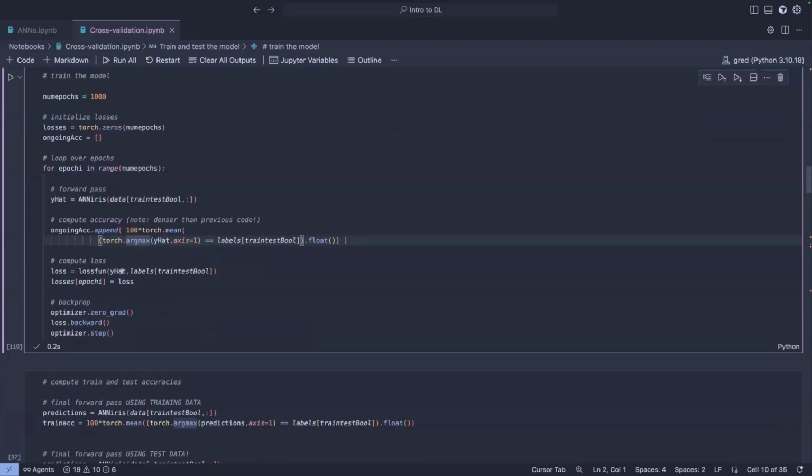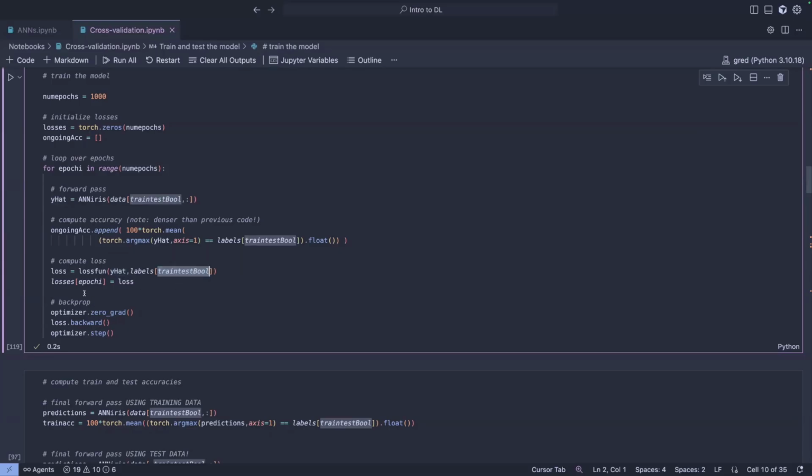Then we compute the loss, which is basically the difference between the y hat we calculated here and the labels. But remember that the labels again have to be subsetted using the same Boolean mask, so that we're only comparing, because the y hat here is computing the values for only the training data.